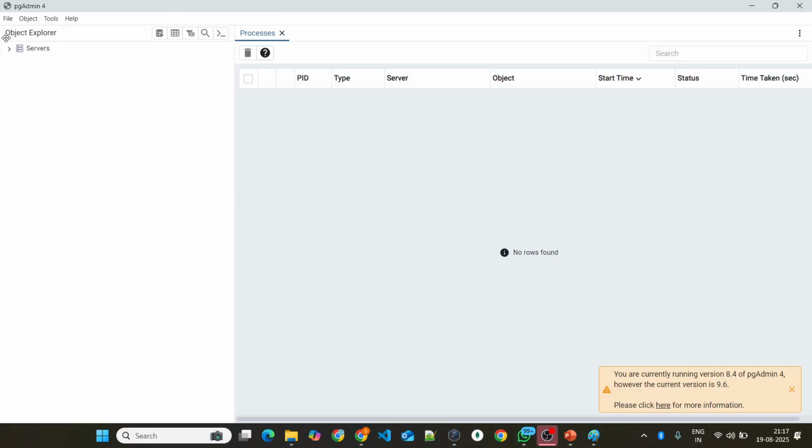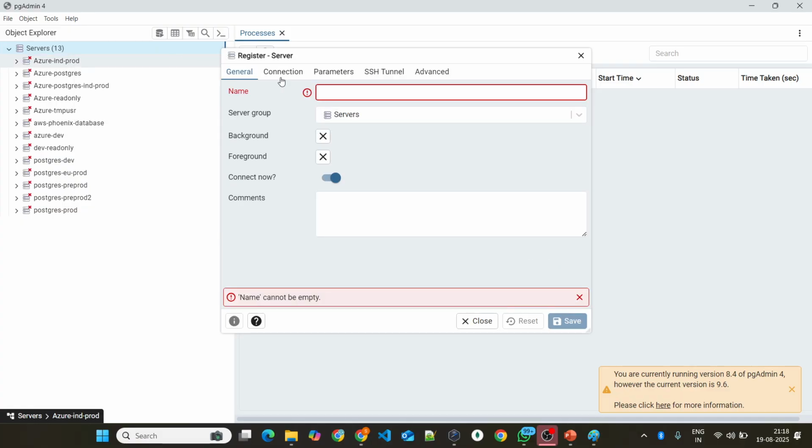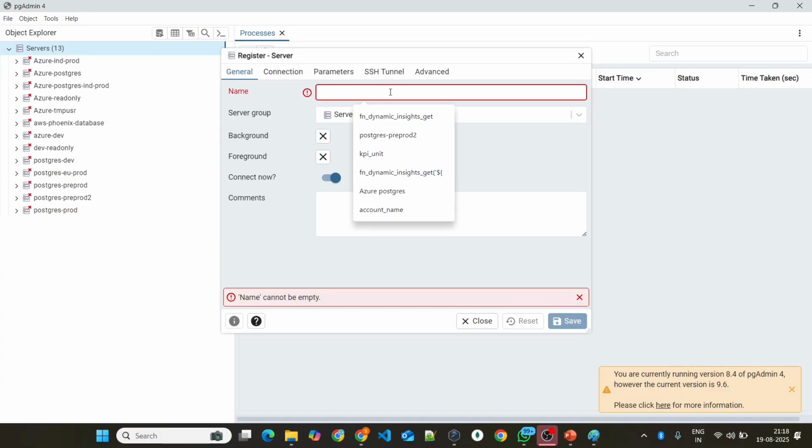Now my pgAdmin tool has opened. The first option you will be seeing is like this only. In the top one you click Servers and then you do Register and then you select Server. So I just choose it. It's asking me for some name. I just give some name, AWS Phoenix database,